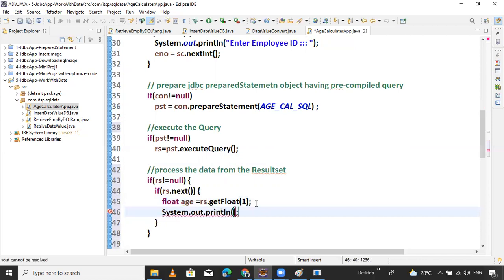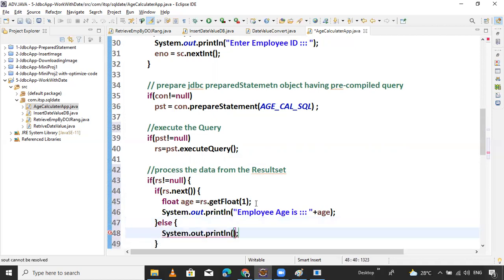So System out employee age is plus age. That's it. Else, System out employee not found.